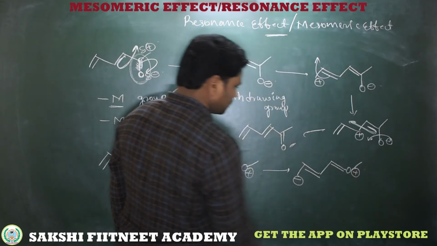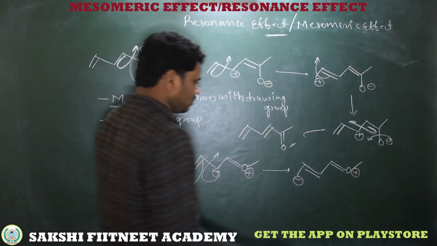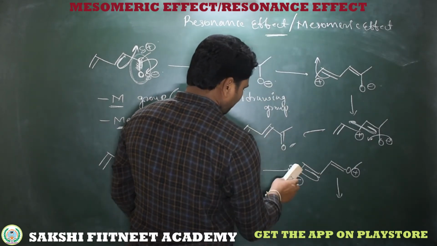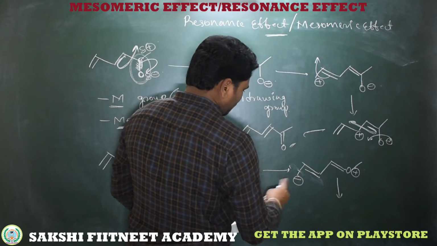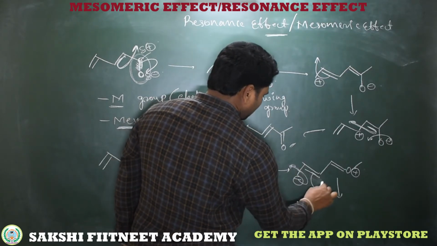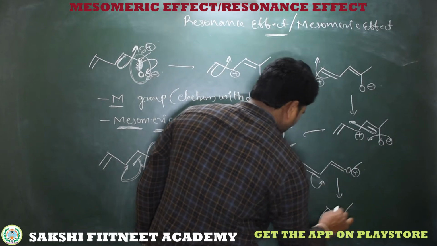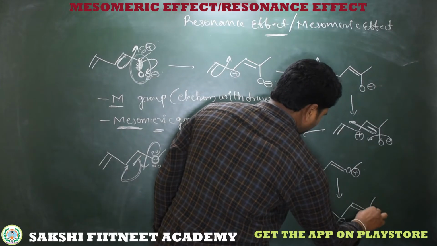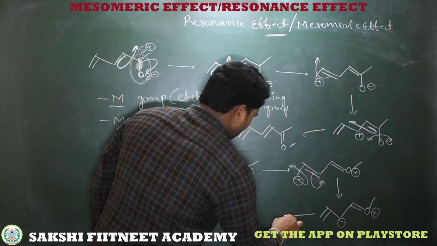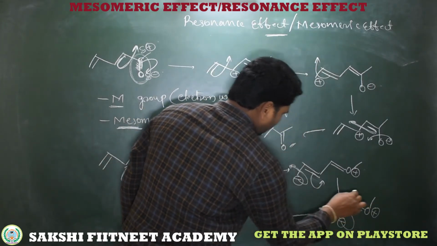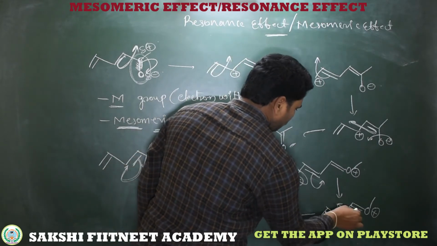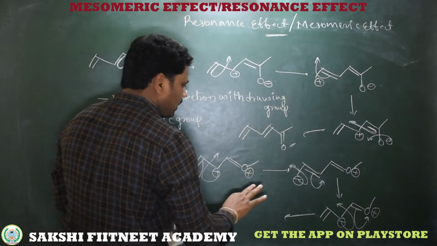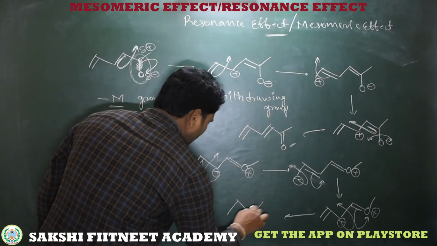So this is the next mesomeric structure. Again backward, now this non-bond electron shifts here and this pi electron shifts to the third carbon. Here the bond is here, the negative charge is here, a double bond with a positive charge. Next, again these non-bond electrons are converting into a pi bond, and this pi bond, as usual, shifts towards oxygen, and oxygen retains its lone pair.